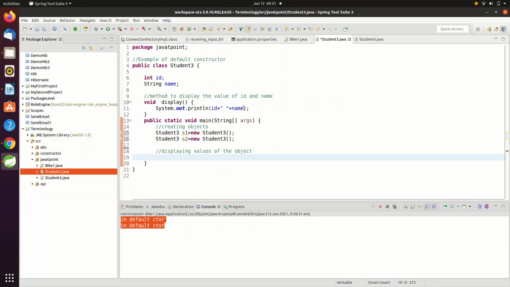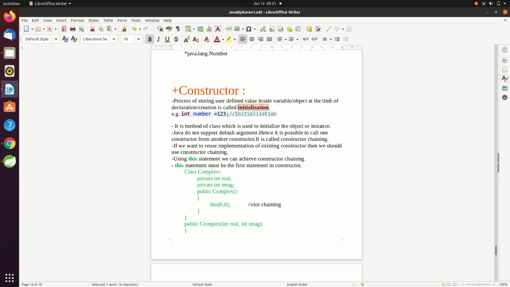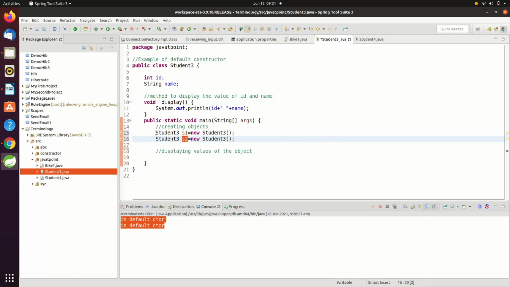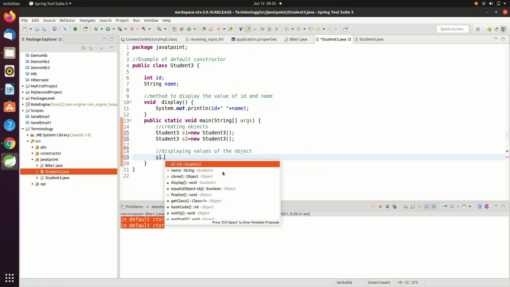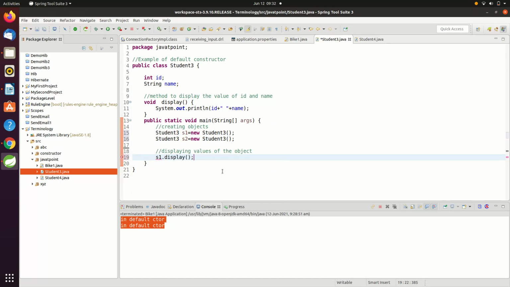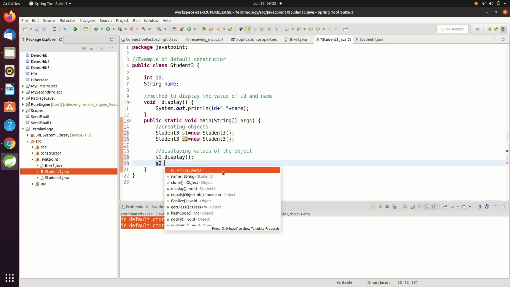So here, we are storing inside objects s1 and s2. Now we will call the display method on the s1 object and the display method on the s2 object.